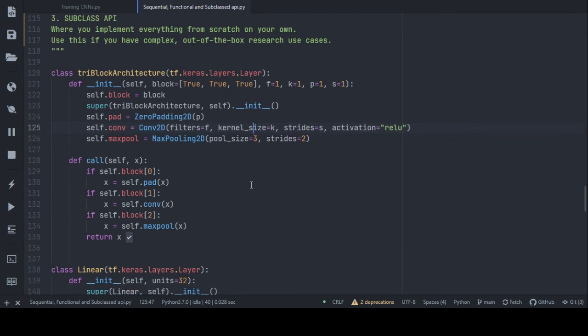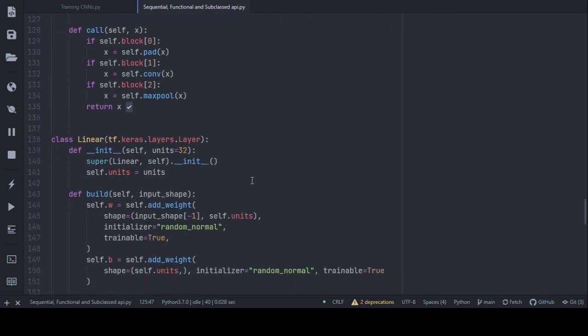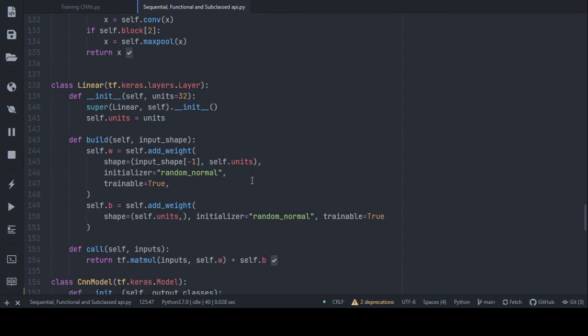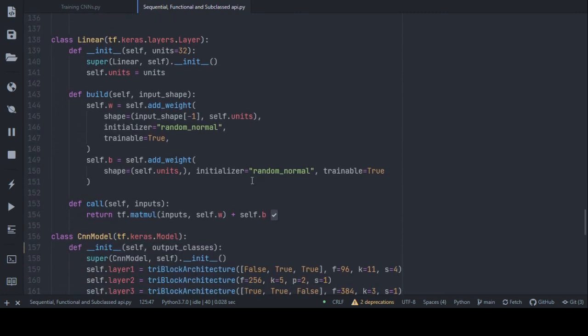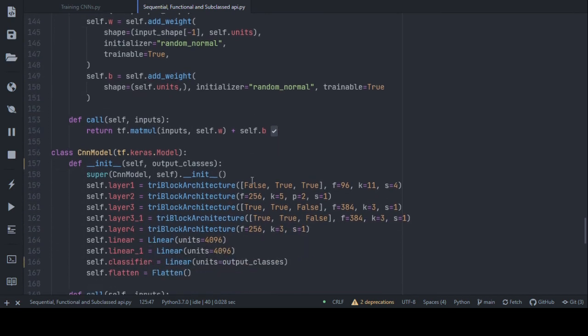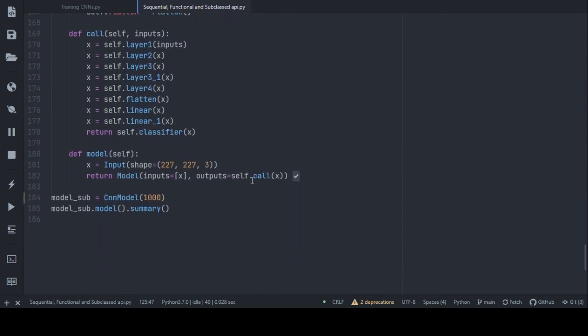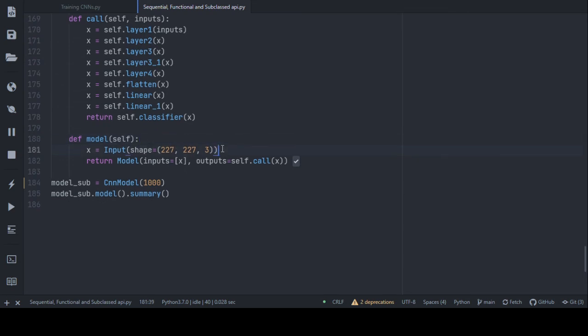You cannot view the details of the model. So an out-of-the-box way of doing it, or a hacking way of doing it, is creating a dummy function which will create a kind of functional API,